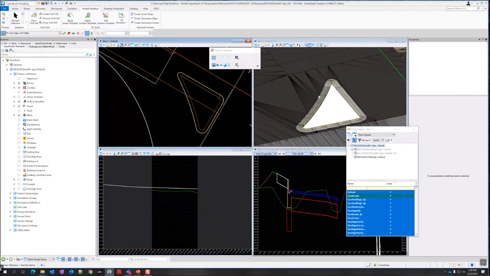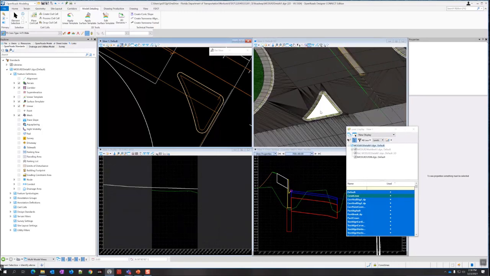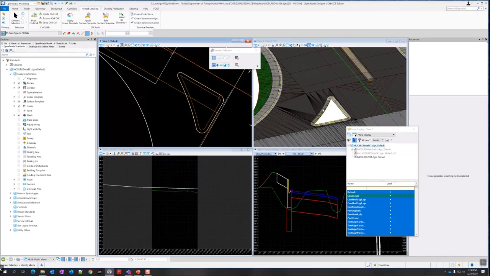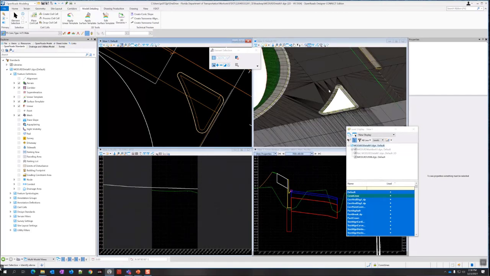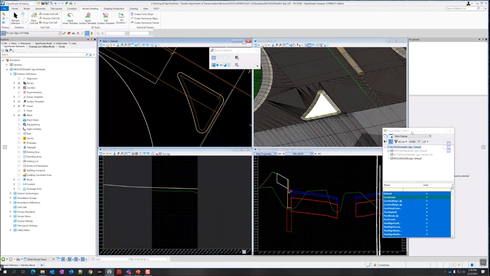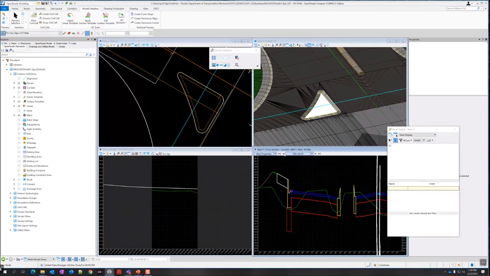So there would be ways of making this follow the adjacent lane, but it's tricky to set up, so we're not going to do that. Basically, you could do a point control. You'd have to have a template that has a point out there and it follows the slope. Maybe you have a point control to here, or if there's a lane break somewhere. But I'm not going to worry about that much level of detail right now.